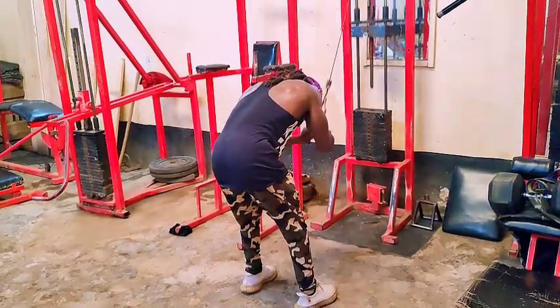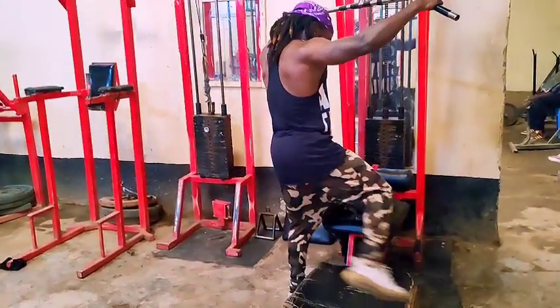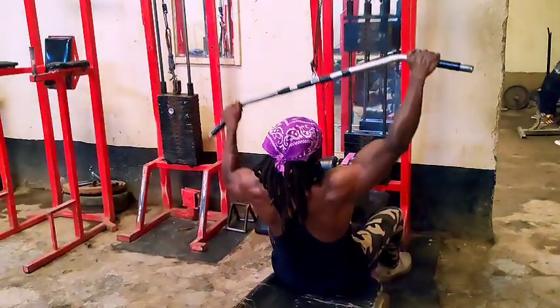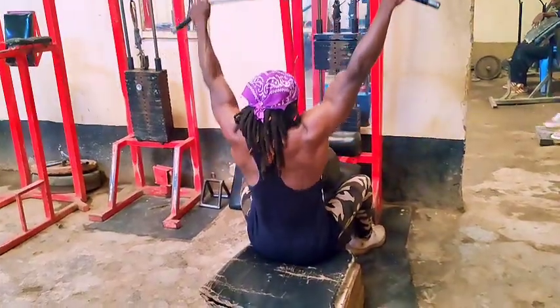Now, this is the next workout, and this is the pullovers, but now the standing ones, and I'm supersetting it with the lat pull down, but now this is the alternating wide lat pull down. That's quite a cumbersome name, but it is what it is. I know you understand what I'm saying. Now I just use the normal lat pull down machine, but I alternate one after the other,